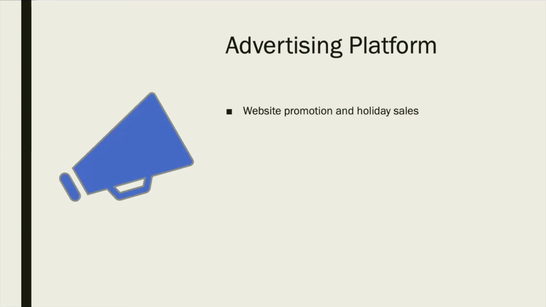And some of the alternatives that we have are website promotion and holiday sales that we're going to be conducting through our website. And finally, we are thinking of doing a collaboration with fast food restaurants. For that, we are following how Kentucky Fried Chicken, KFC, worked with Beyond Food, and we want to follow their business model, and from that we create our unique business models.